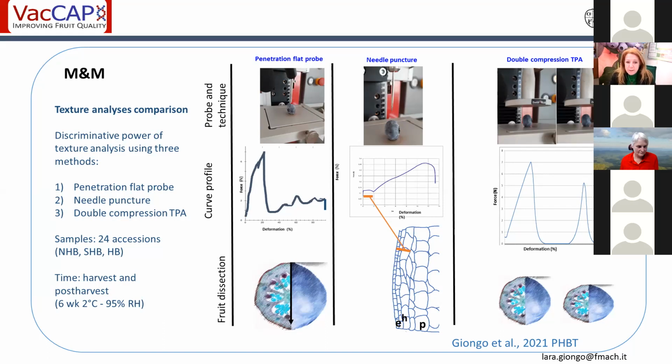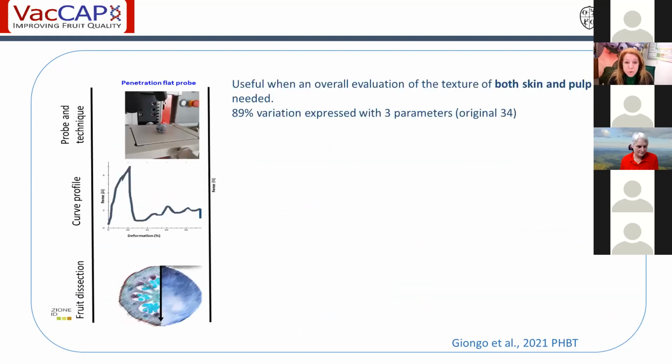We started to design, to tailor the methods over 24 accessions: 12 known cultivars, some of them in common at FEM and in North Carolina, and 12 that were from our breeding program, and included northern, southern, high bush blueberries, and also hybrids. We measured the fruits at harvest and in post-harvest after 6 weeks at 2 degrees, 95% relative humidity. And as you can see here, you can already see that the curves that the analyses perform are really different. So our first step was to look at the curve and get the best